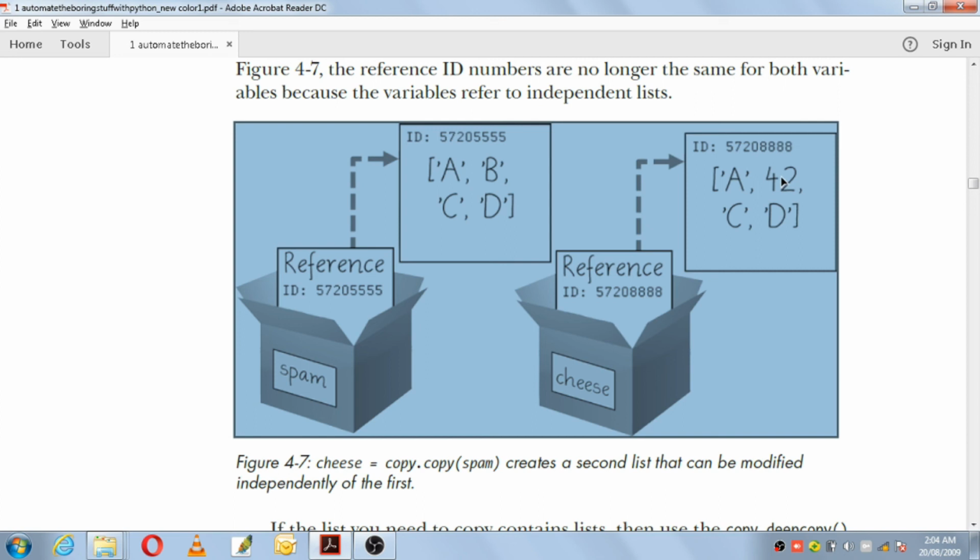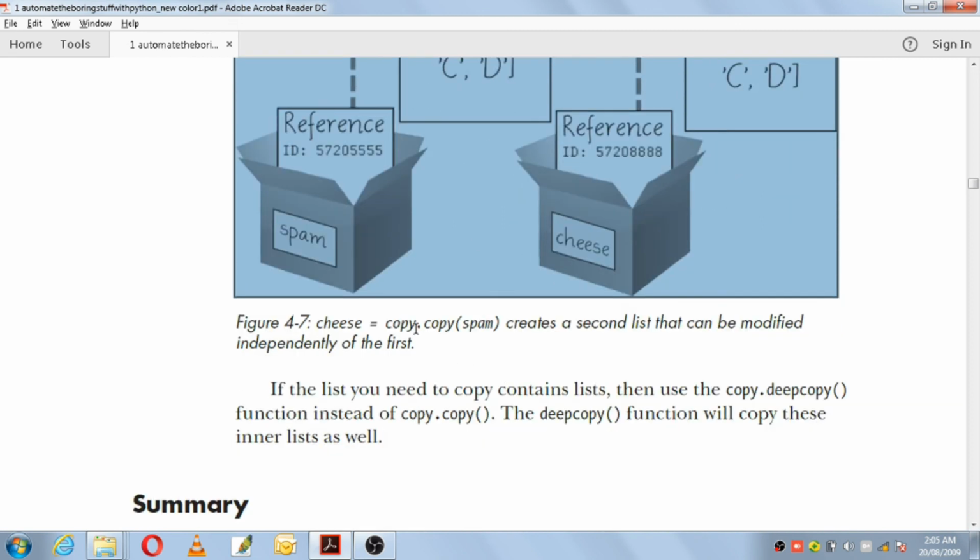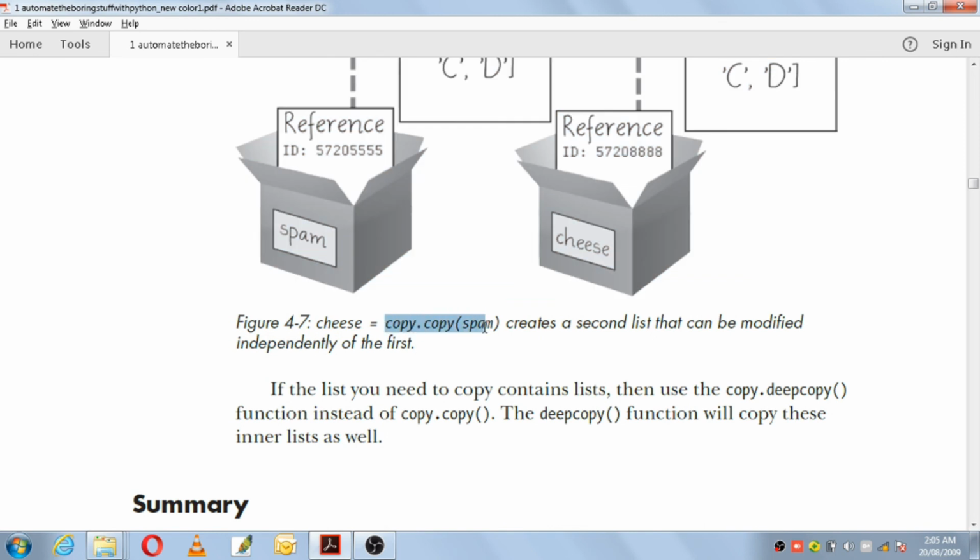So if you want to keep the original list as it is and make changes, they are saying to make use of the copy.copy function. The module used is copy, and the function used is the copy function.